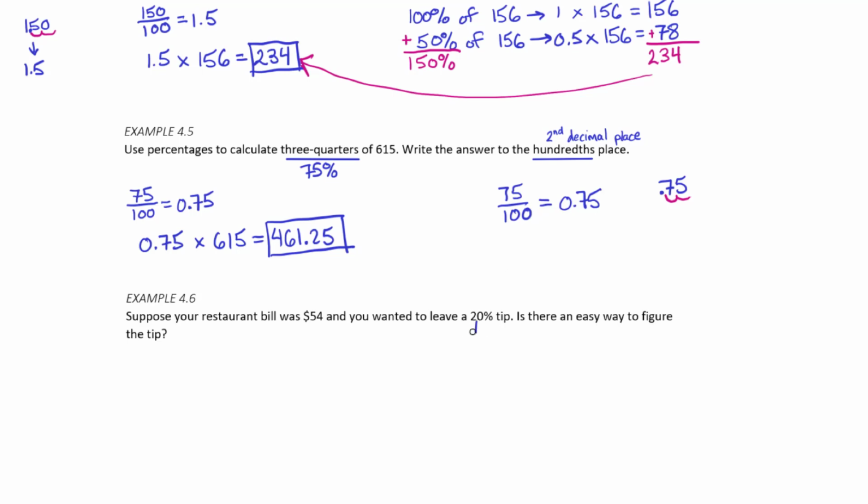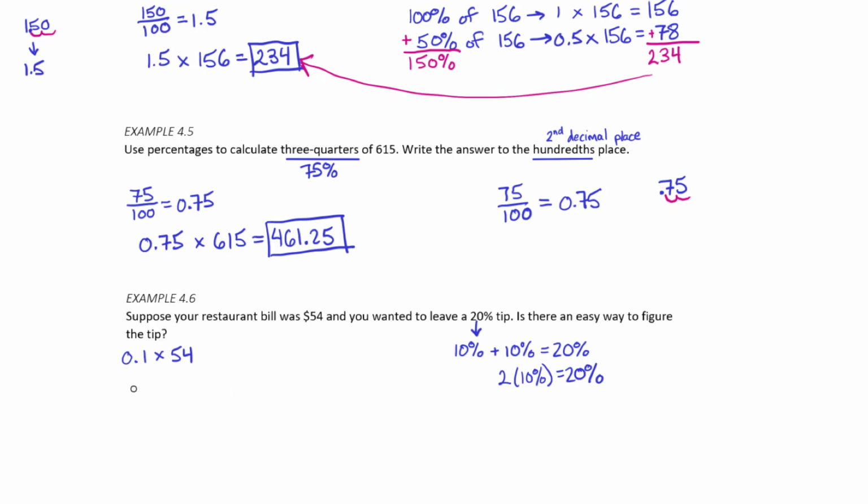Yes. And the key is to notice that 20% is 10% plus 10%. So if you could somehow figure out 10%, then if you just double the 10%, you would get 20%. Here I'm writing the multiplication just with parentheses instead of the way we've been writing it, which is 2 times 10%, which is 20%, but it's just different notation for the same thing. So one way to get 10% of 54 is to do exactly what we've been doing. 10% is a tenth. 0.1 times 54 is, go get your calculator, right? No, don't get your calculator.